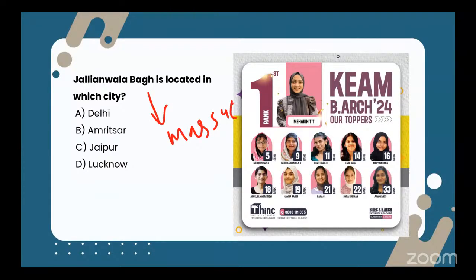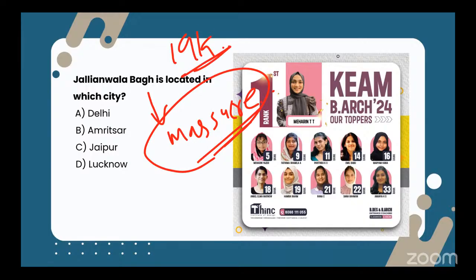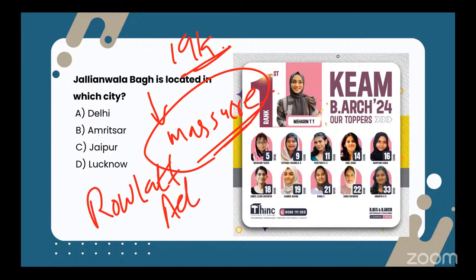The Jallianwala Bagh massacre happened on April 13, 1919, a very dark day in the history of India. Thousands of men, women, and children gathered at the Jallianwala Bagh. They wanted to peacefully protest against the Rowlatt Act. Rowlatt Act means the Britishers could imprison anyone without a trial. So these people gathered in this Bagh, which means garden, to protest.